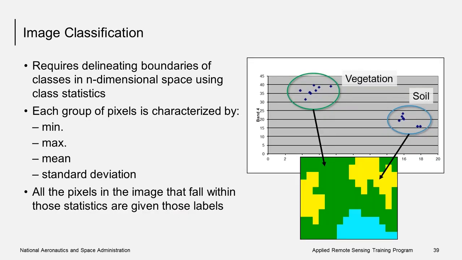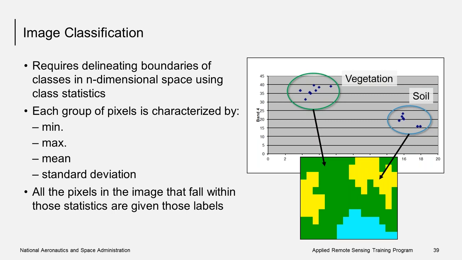The process of image classification includes defining the boundaries of classes in n-dimensional space, or n, the number of bands, using statistics of groups of pixels that represent land cover classes. Each group of pixels can be characterized by a variety of statistics, including the mean, minimum value, maximum value, and standard deviation. The standard deviation is important because it tells you how tight or how spread out that group of pixels is. So the image on the right shows you the circles, which are specific classes, but within those classes, you can see how much those points are spread out,